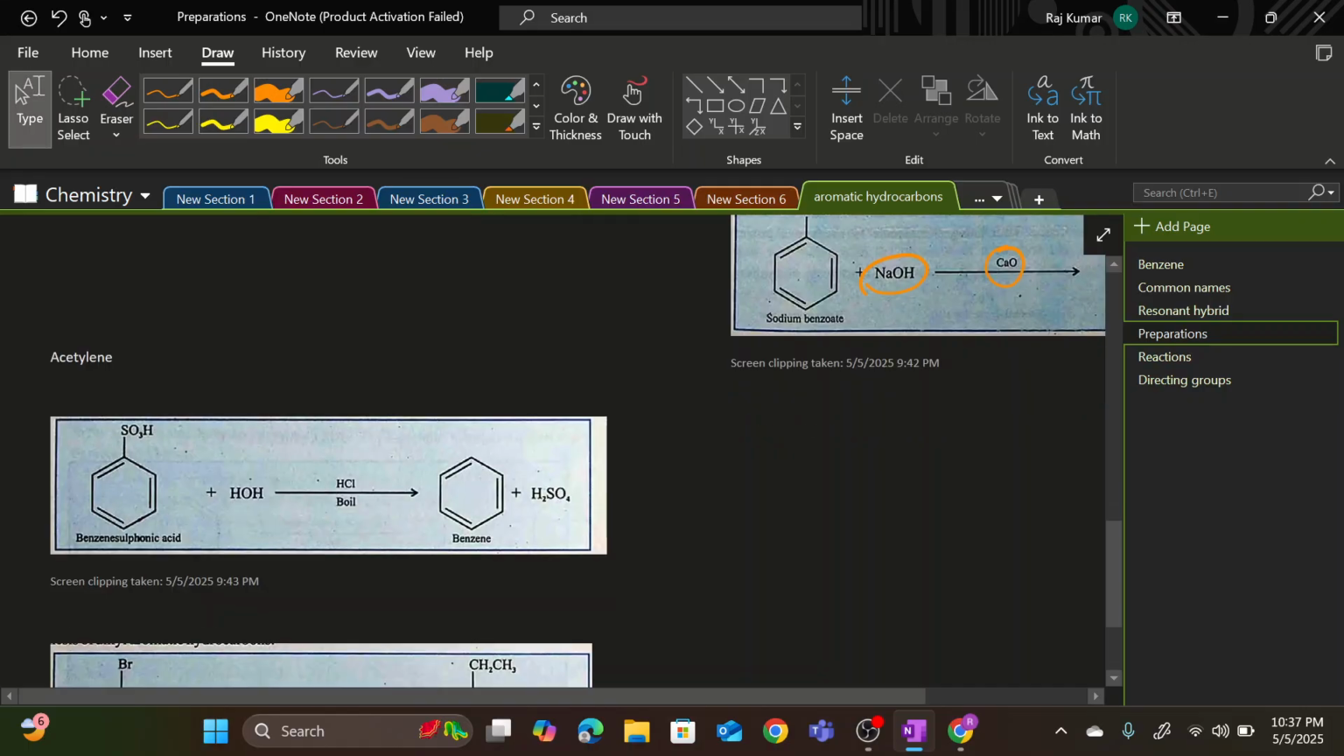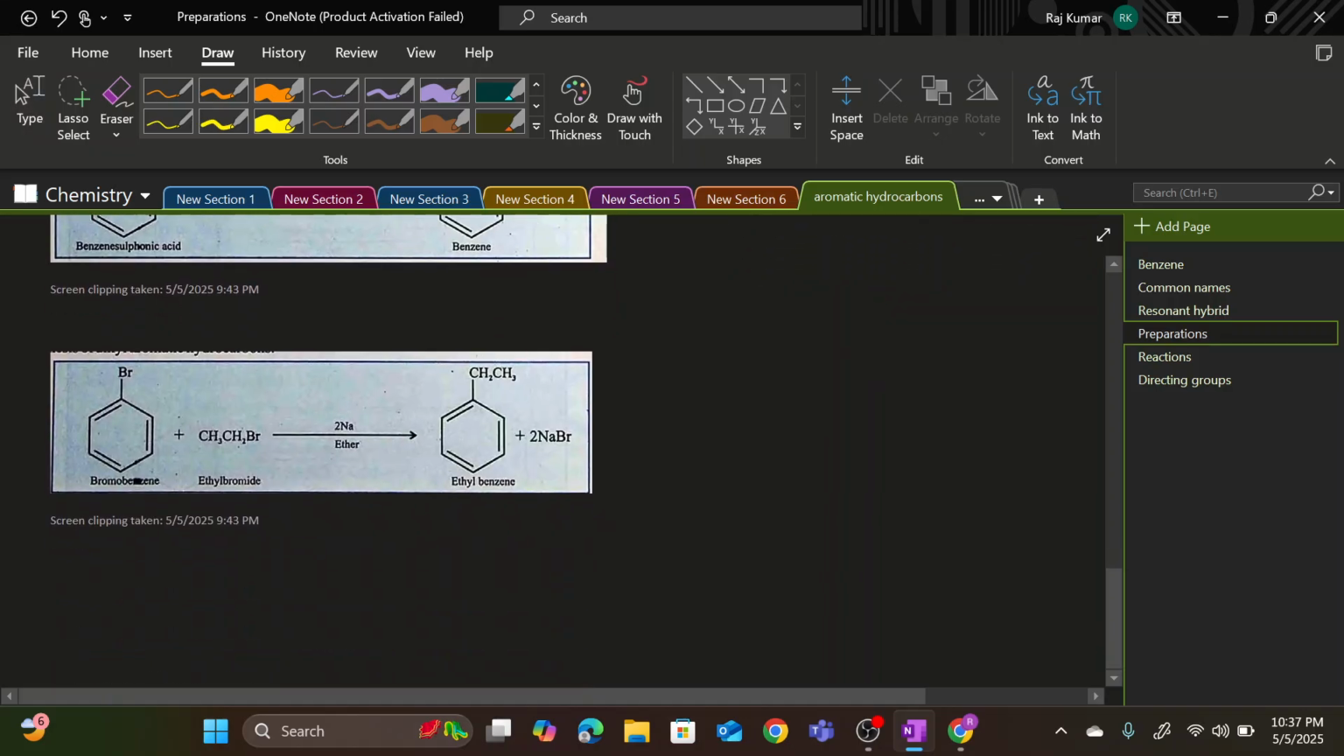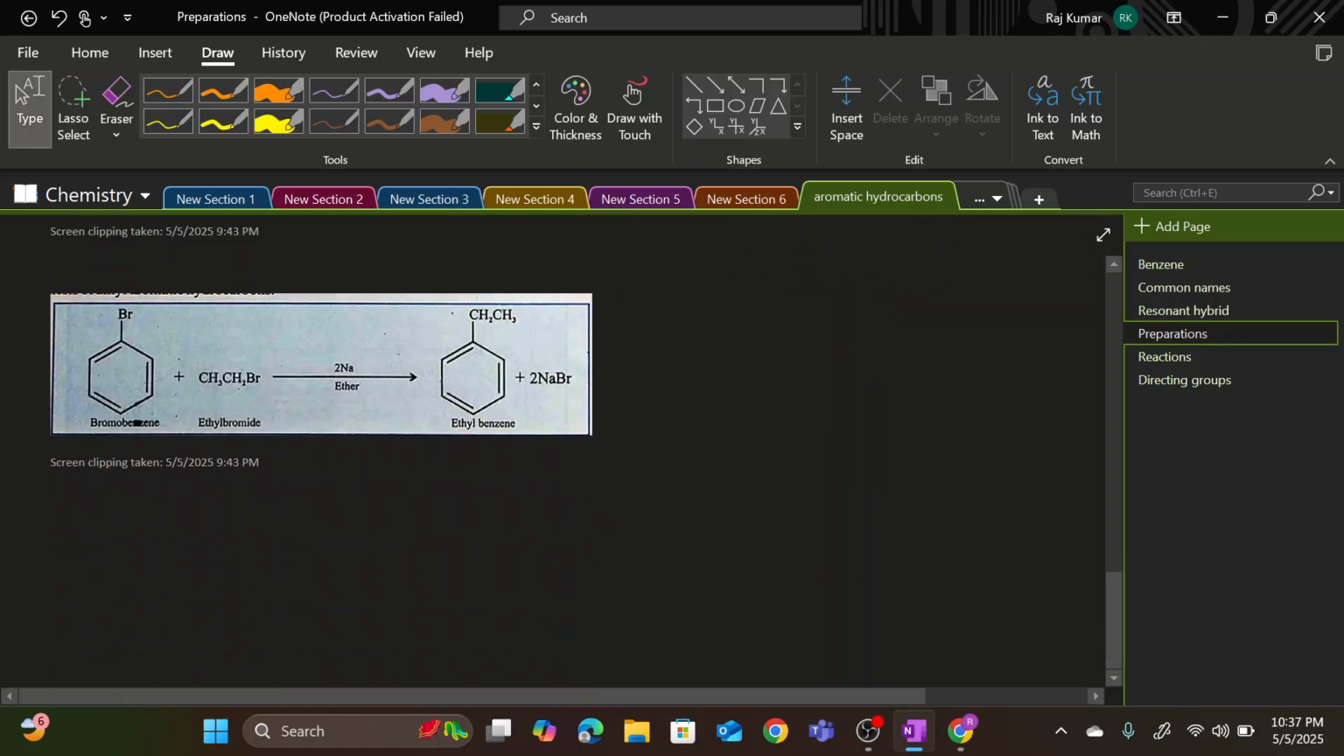Likewise, benzene sulfonic acid, when we are going to take benzene sulfonic acid and hydrolyze it in the presence of a dilute HCl, or in the presence of superheated steam, then at that point I can get benzene. And another method is, this is the most important one, it is the